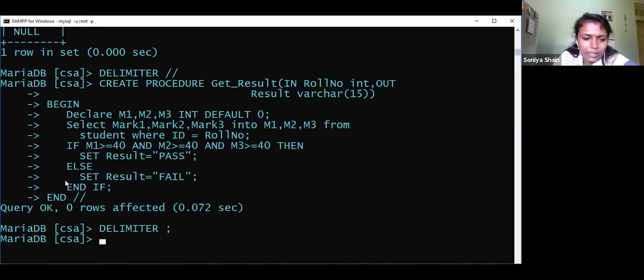So let us go for the same execution. I will type it, it's better. Call. What is the function? get_result. Then what are the arguments?